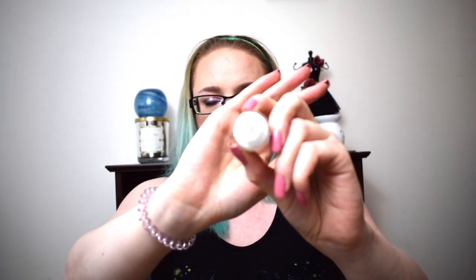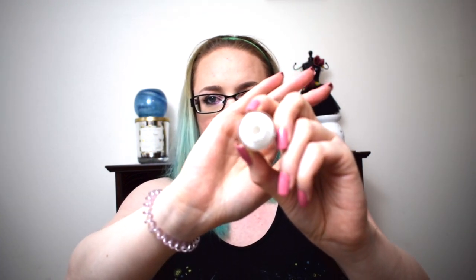The camera going to focus? Kind of. It kind of didn't focus, I guess. But yeah, so that's all empty